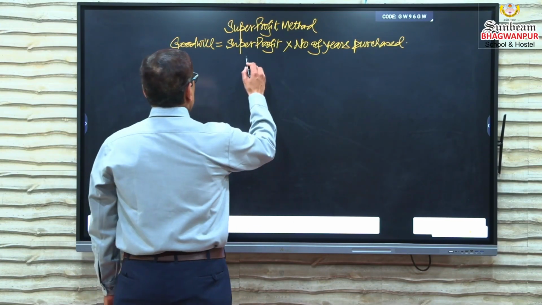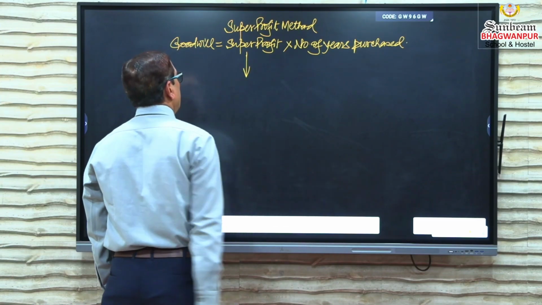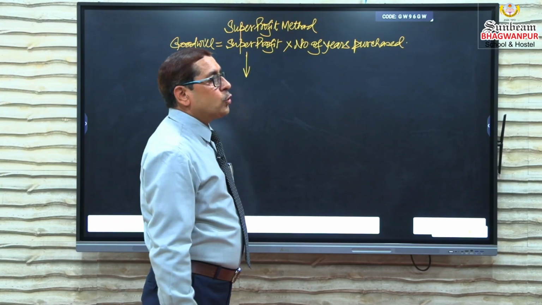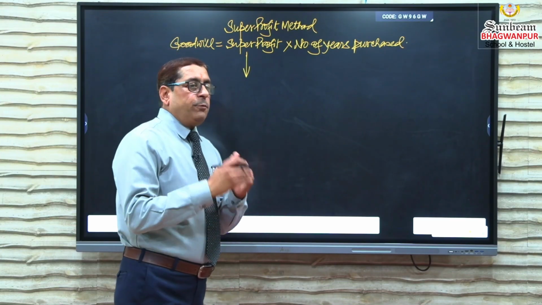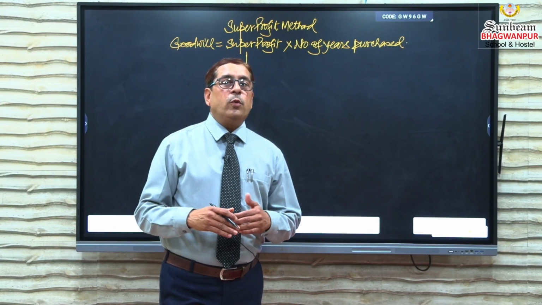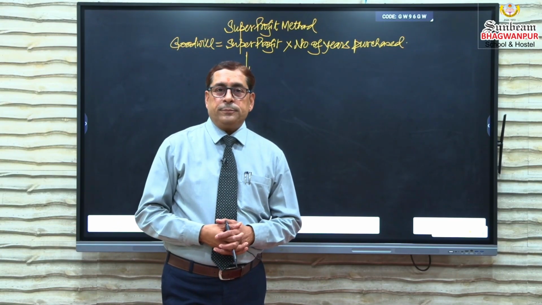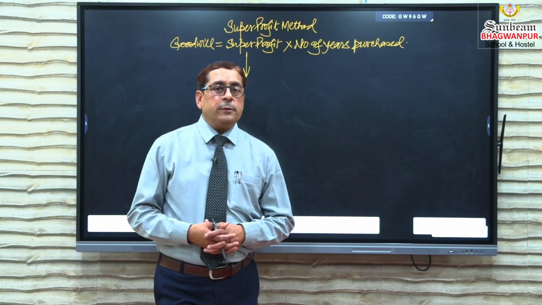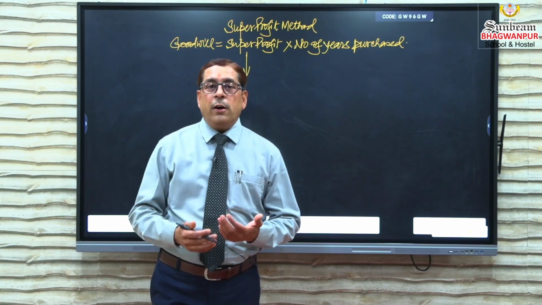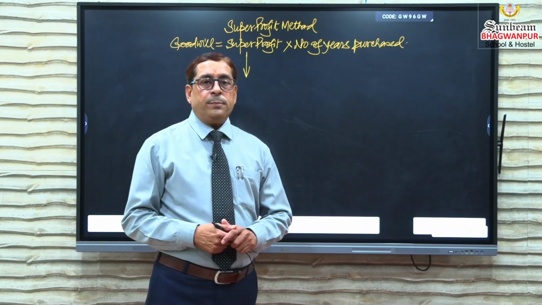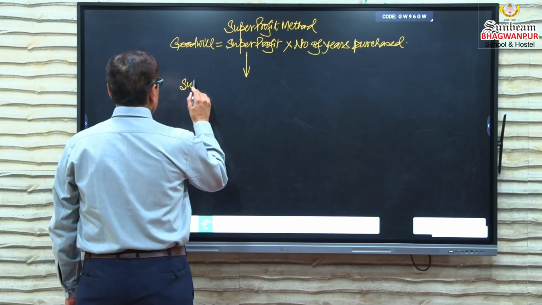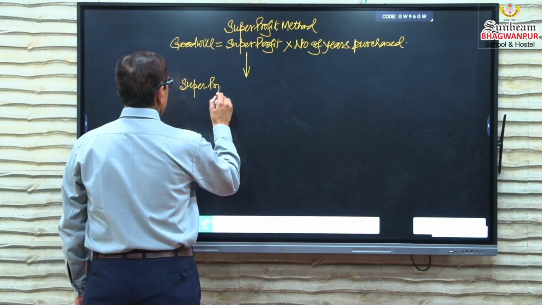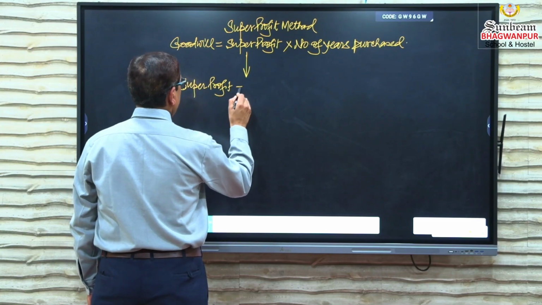What do you mean by this super profit? Super profit means the profit which the business has earned over the normal profit. And what is the normal profit? That which is earned in the same industry. So how to calculate super profit? Super profit is equal to